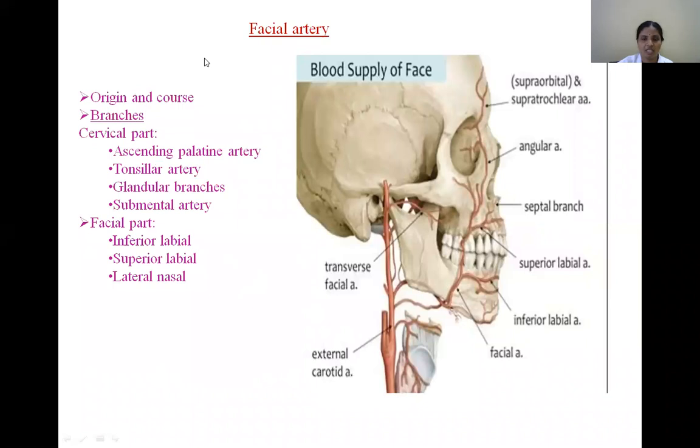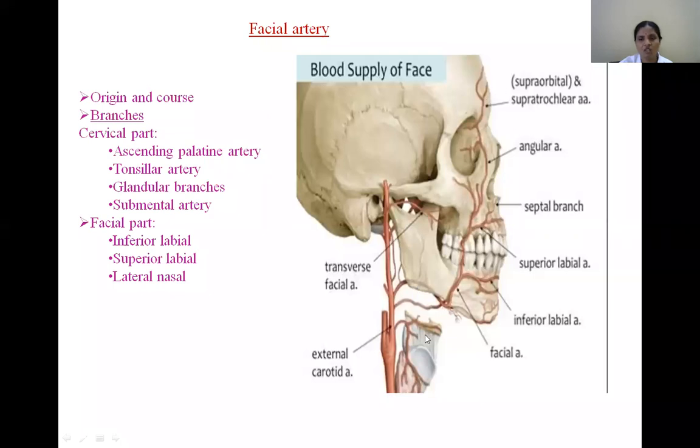Then coming to the facial artery, it is discussed in the face, because this is the main vessel to supply the entire face. So what is the facial artery? The face is less supplied by the supraorbital and supratrochlear arteries, which are derived from the ophthalmic artery, and the dorsal nasal also, which is also a branch of the ophthalmic artery. So this is the facial artery. Here, the course of the facial artery, if you identify, throughout it is tortuous.